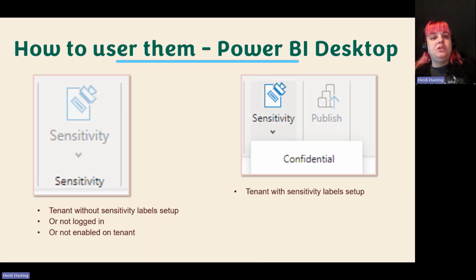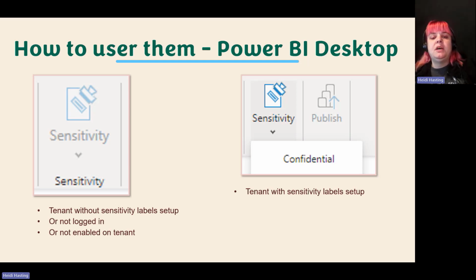But for a lot of the others, so if you're in Power BI Desktop, if you do open up Desktop and you notice that it's sort of grayed out, that means one of two or three things. Either you're on a tenant that doesn't have sensitivity labels set up at all, which is possible, if they don't have an E5 or an information protection plan. Or you're not logged in, because in order for it to know what labels you have access to apply to something, you have to be logged in. Or it's not enabled on the tenant itself. So the other option is, once it is all enabled, you'll notice the button in the ribbon will appear, and when you select it, it will show the sensitivity labels that you have been authorized to access